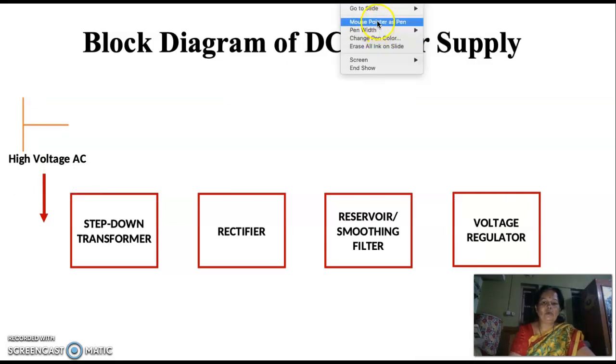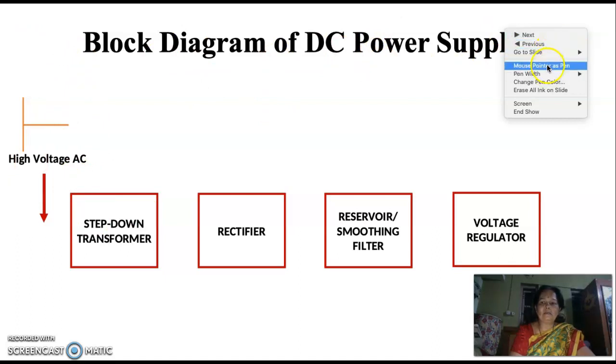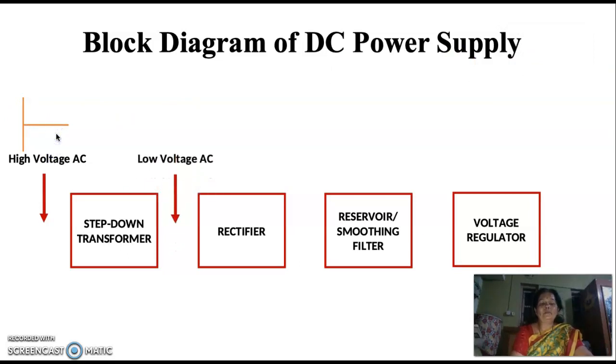Let me show you the diagram of high voltage AC. Okay. Next, the high voltage AC is fed to a step down transformer. The role of step down transformer is to convert this high voltage AC to low voltage AC, and this is